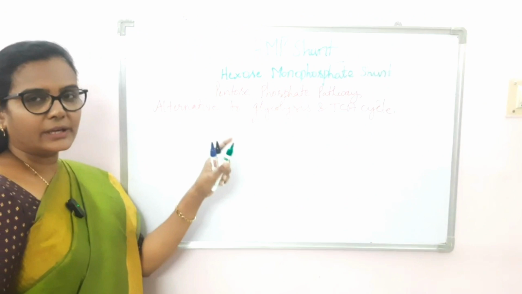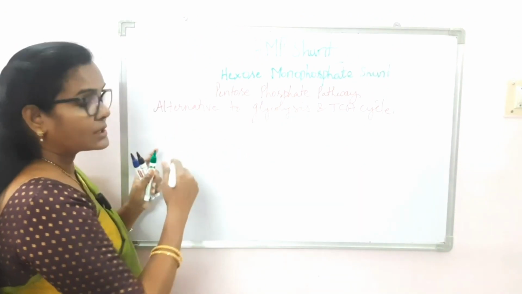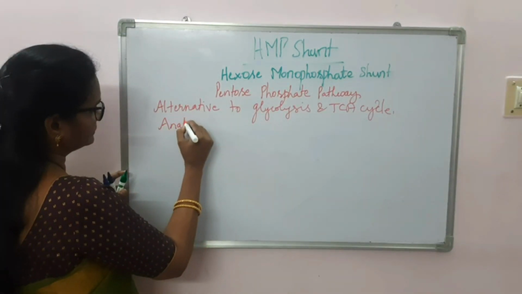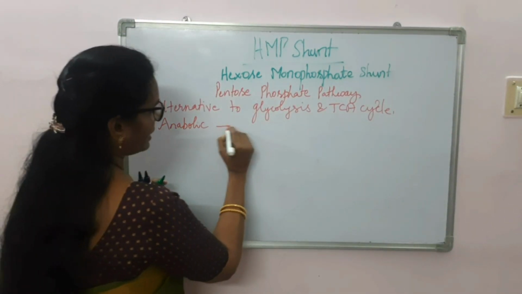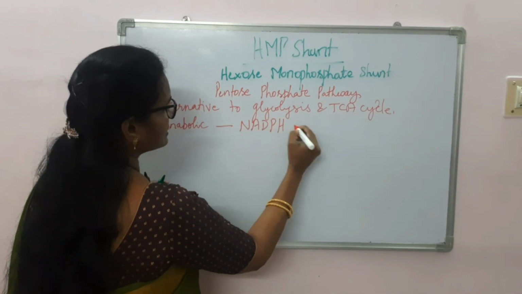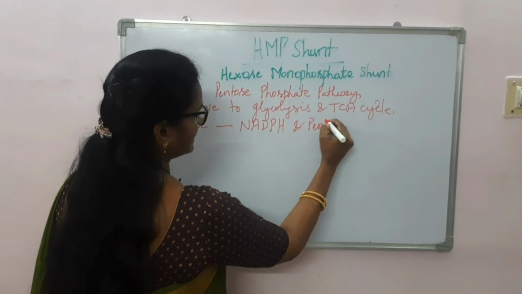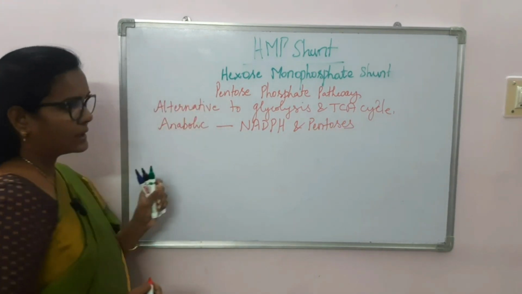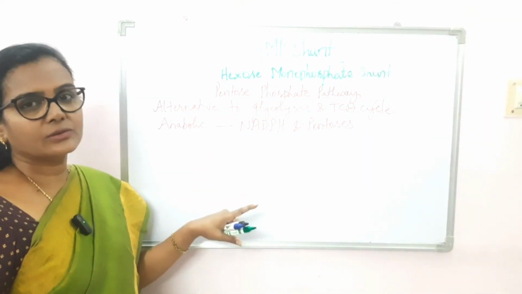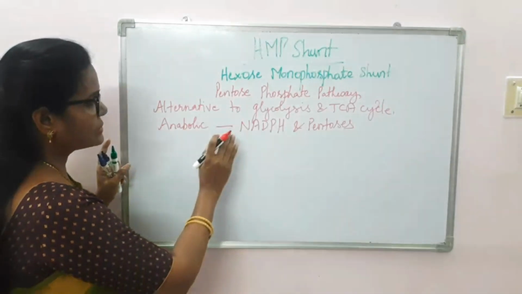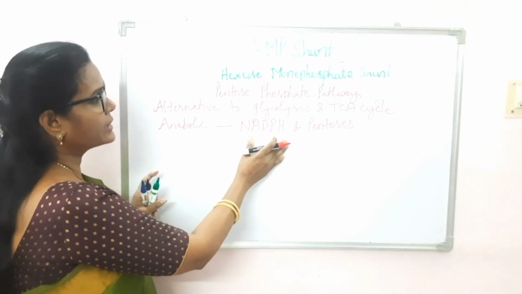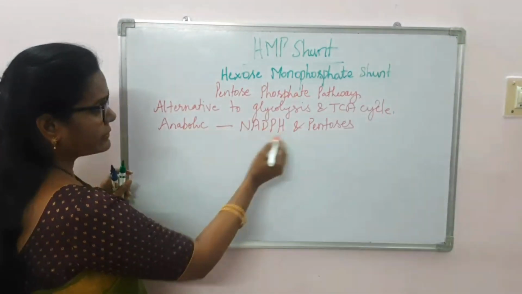Here also in HMP shunt, oxidation of glucose takes place and it is more anabolic in nature. And during this HMP shunt, NADPH and pentoses are generated. And in this pathway, there is no utilization of ATP and there is no generation of ATP. But this is a very important pathway as it produces certain important NADPH and pentoses, which are very much required for